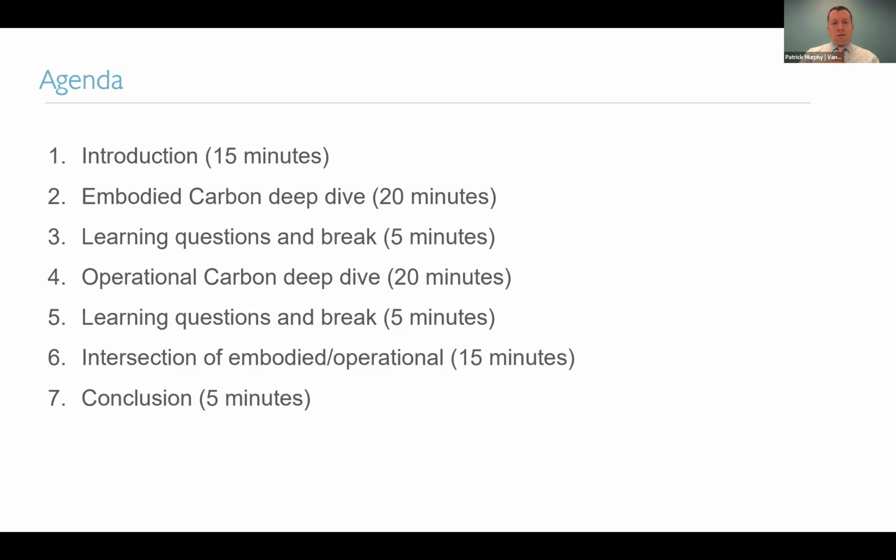And then Suzanne's going to bring us home with talking about the intersectionality and how operational and embodied carbon can work together sometimes, but can also compete with each other sometimes. And then we'll wrap up. So,